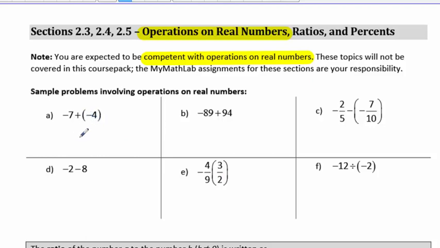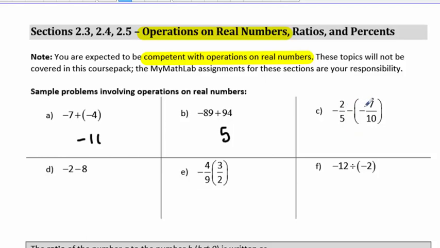So let's just go through these real quick. Again, as a quick review, if I'm going to add two negative numbers, -7 and -4, the result is going to be their sum, -11. I'm going to add one positive number and one negative number. I'm going to take the difference of those two numbers, which is 5, and then the sign is going to be the sign of the larger number. 94 is positive, so my 5 is positive. Okay. If I have one positive and one negative number,